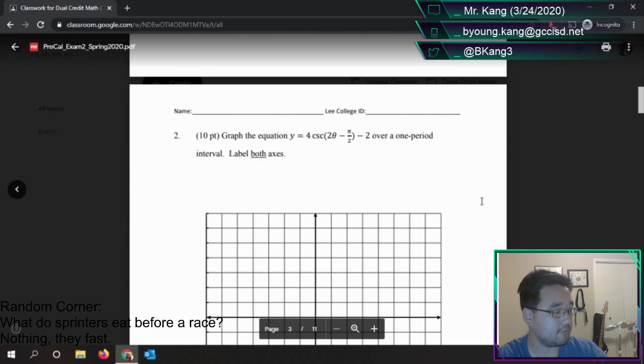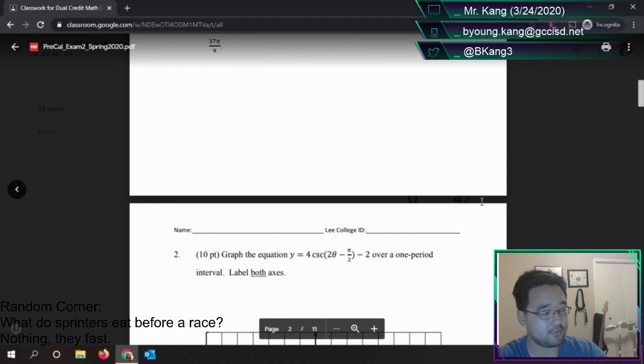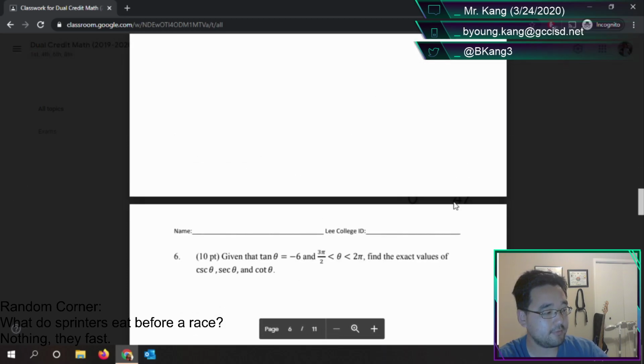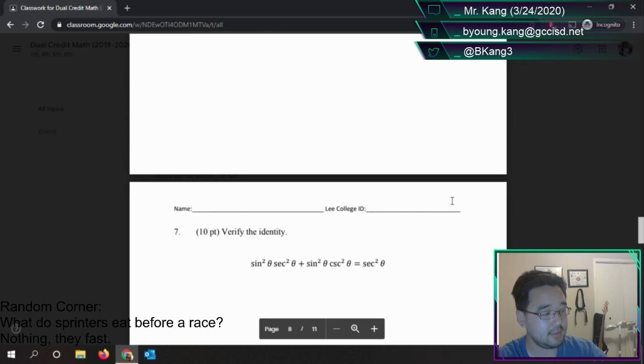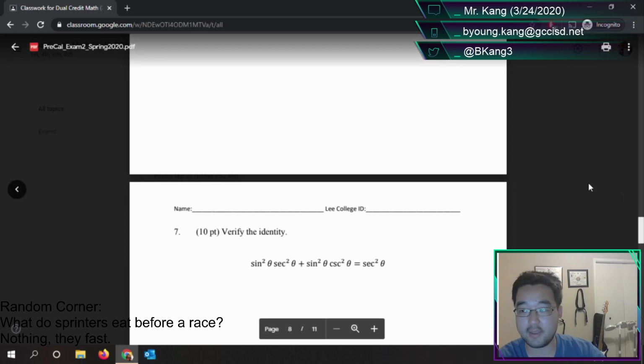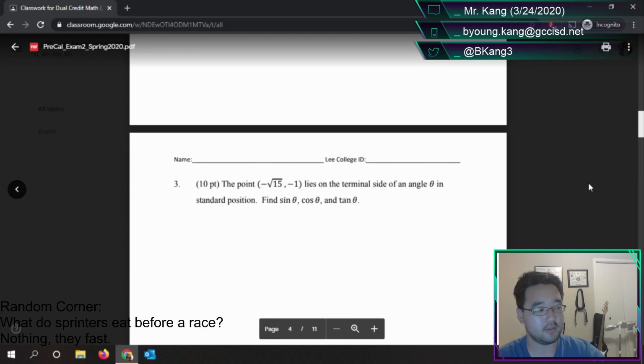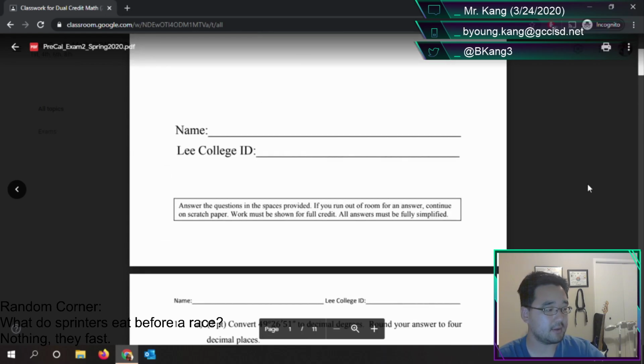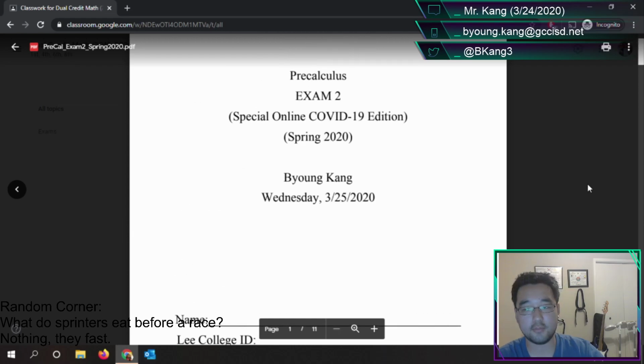Notice how there's a spot for a Lee College ID at the top of every page. If you are filling in the PDF, I need your name and ID on every single page if it is separate files. If you're writing it by hand, or doing scratch paper and taking pictures, I need to see your name and ID on every page of work. If you're just doing it on notes on your iPad, I don't think it's going to save as one file, so I don't think it's that big of a deal. But I do need your name and Lee College ID on the work, because remember, you have to upload this to Google Classroom and to Blackboard.